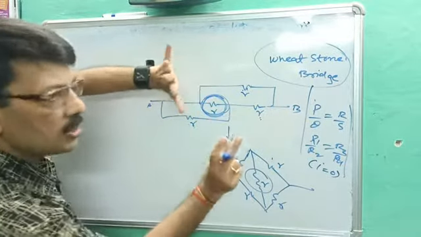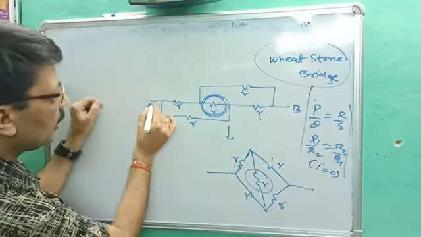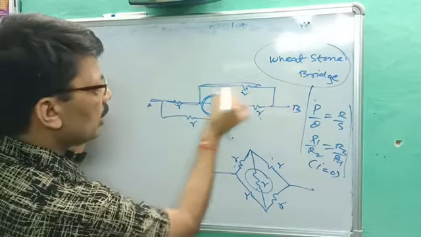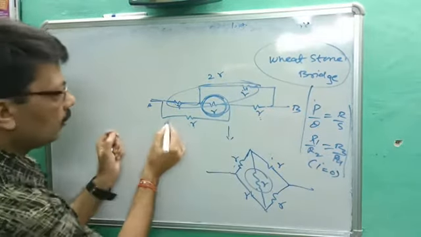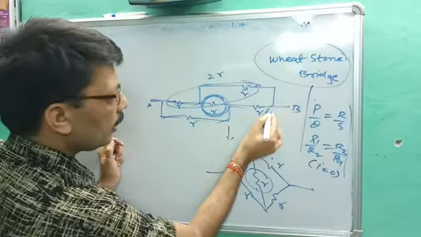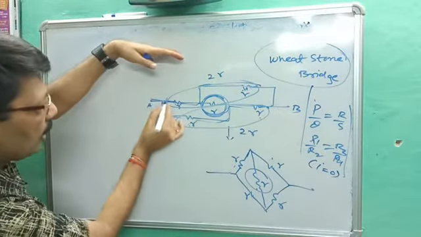It means that resistance is useless. So directly the current will be drawn through this way, so they are in series. R plus R, how much? 2R. Similarly here, one current will be drawn through that way. It means R plus R, it becomes how much? 2R. And they are in parallel because the current divides here.